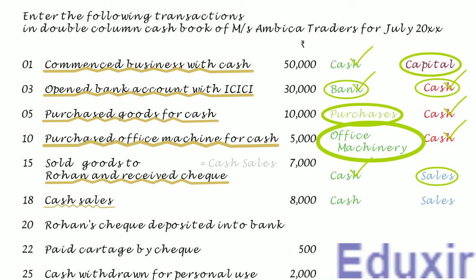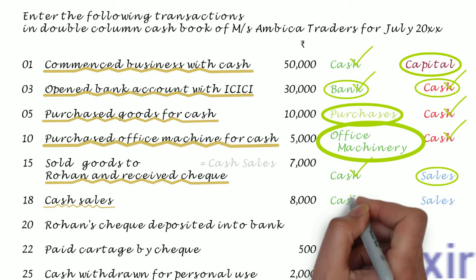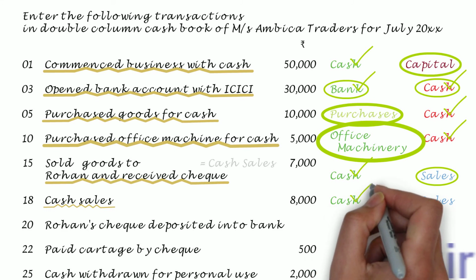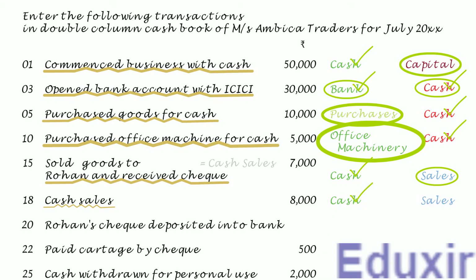In this transaction, as you can see, the cash is on the debit side. So it needs to be posted on the debit or receipt side of the cash book and in the cash column. Note that the particulars that need to be posted into the receipts column of the cash book is sales. With this analysis at our disposal, let us proceed with the posting of this transaction on the debit or receipt side of the cash book.